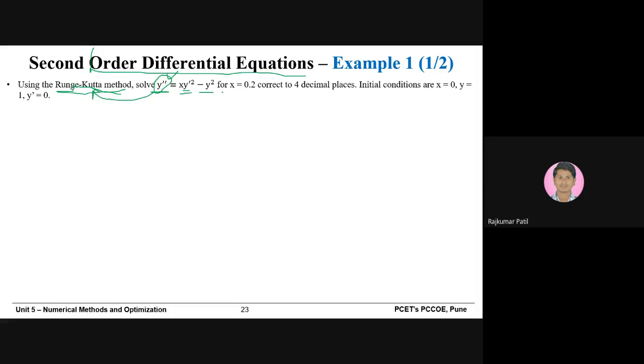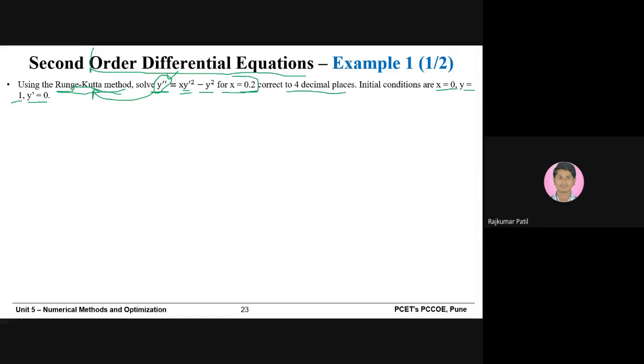And you need to solve for x is equal to 0.2 to 4 decimal places. Initial conditions are x is equal to 0 and y is equal to 1, and one additional term is given, y dash is equal to 0. So when you look at this problem, we can see that you need to find out the value of y